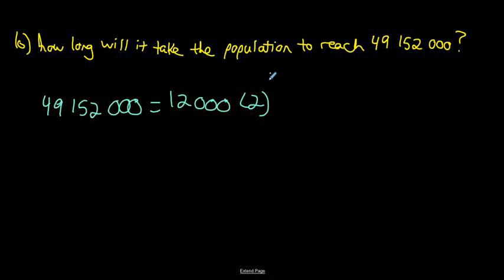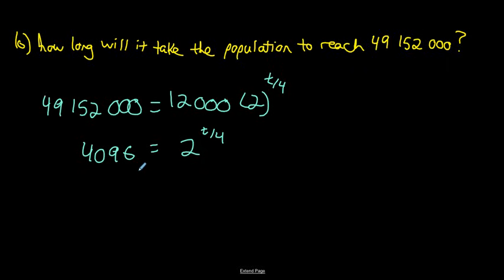So I need to do the total time, which is unknown, divided by 4. Notice our unknown is in the exponent. It's a little bit difficult to solve when the unknown is in the exponent, but we can start by dividing this 12,000 to the other side. So 49 million divided by 12,000, and we would get 4,096 equals 2 to the power of t